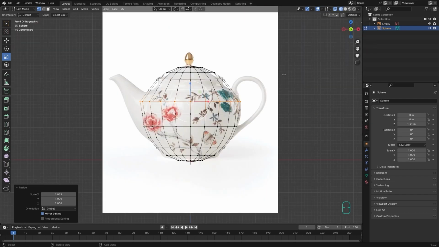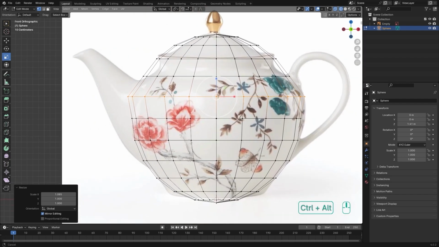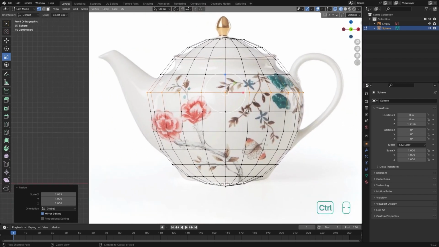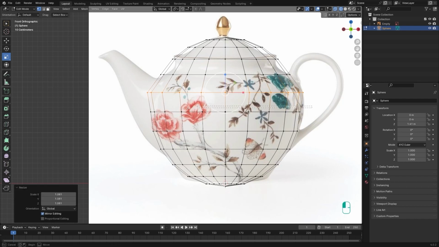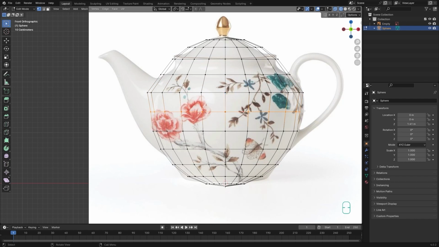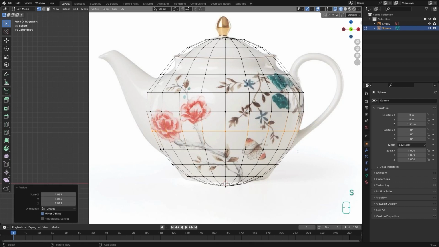So let me go to the minus y and Control Z and use this white axis for scaling my edge. Okay, and then you can also use the shortcut, and with the shortcut you don't need to worry about the red or white axis. So use S for scaling, S